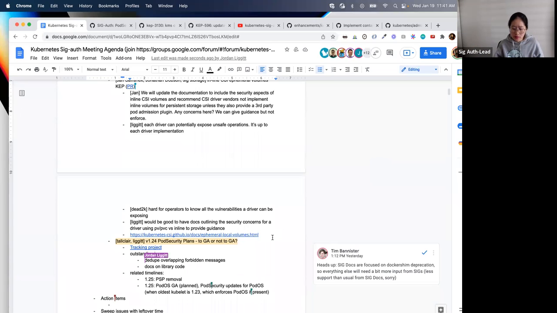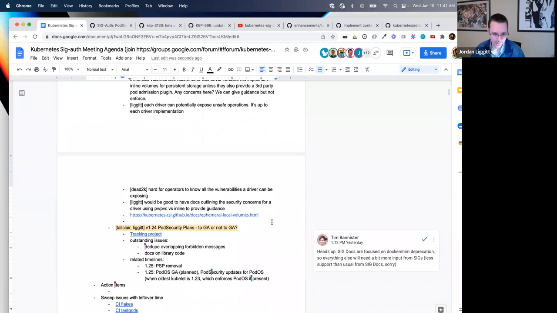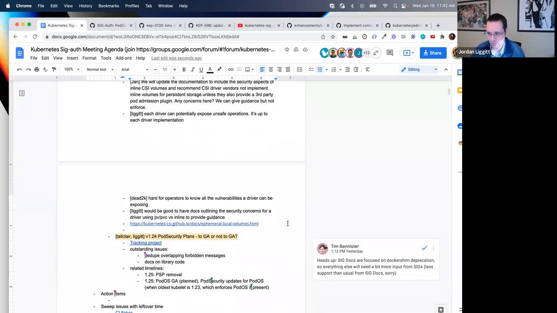So what's the action item here? I think as part of SIG Storage, wanting to GA the inline field, making sure the docs are clear and call out these implications.